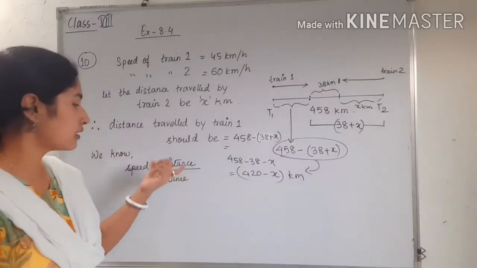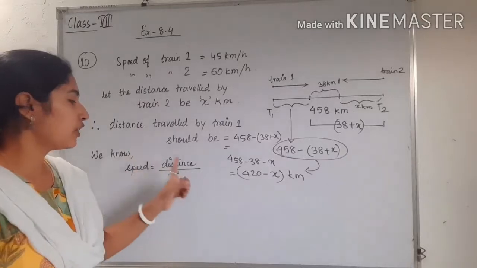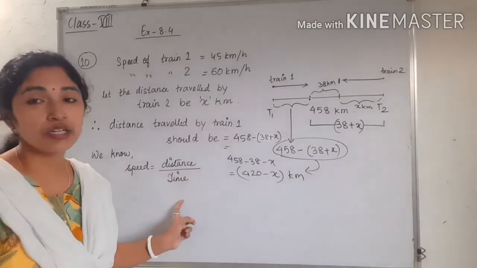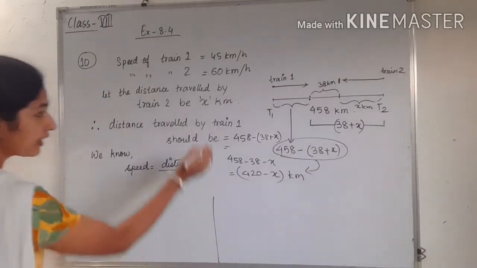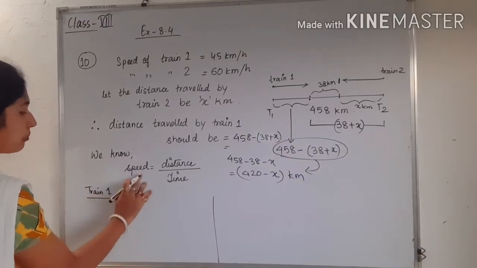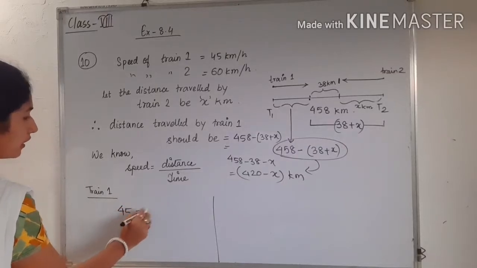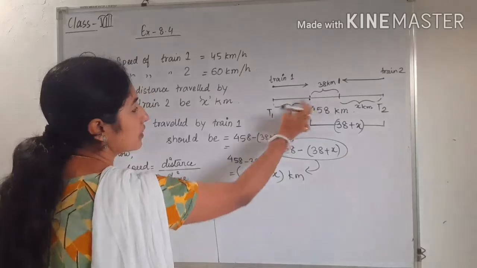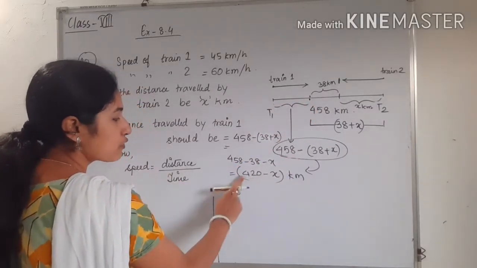Okay, distance is necessary here because we are finding time. Speed is already given. We have to find the distance first, then we can easily find the time. So now see, using this formula, first of all I am writing for train 1. For train 1, in place of speed, see the speed of train 1, that will be 45. Distance for train 1, so this distance will be the distance covered for train 1 and this distance is this much. Already we have solved this one.